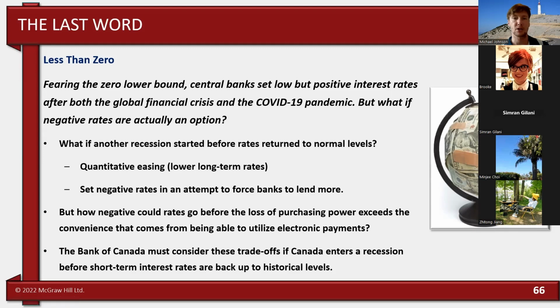So what if another recession started before rates return to normal levels? Quantitative easing, lower long-term rates, set negative rates in an attempt to force banks to lend more. But how negative could rates go before the loss of purchasing power exceeds the convenience that comes from being able to utilize electronic payments? The Bank of Canada must consider these trade-offs, which Canada enters